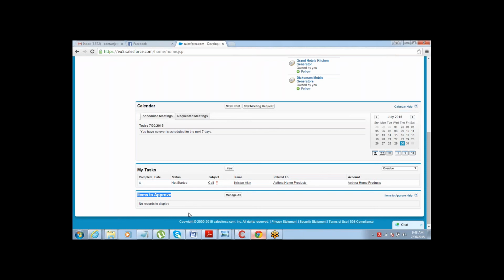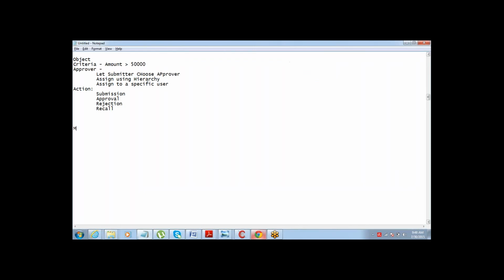If you get one approval request once in a week, then you can just go ahead and click on that link, and you know that there is no other approval. And that email is more from the notification point of view. All right, so clear on this?